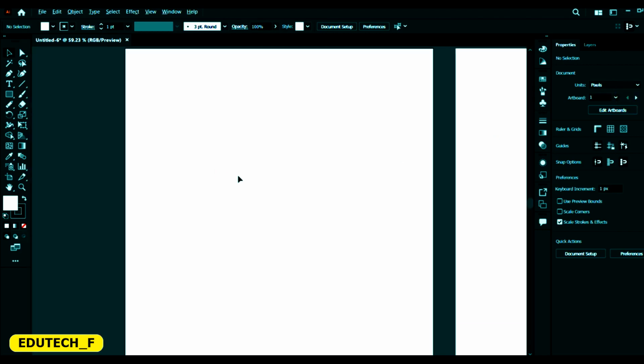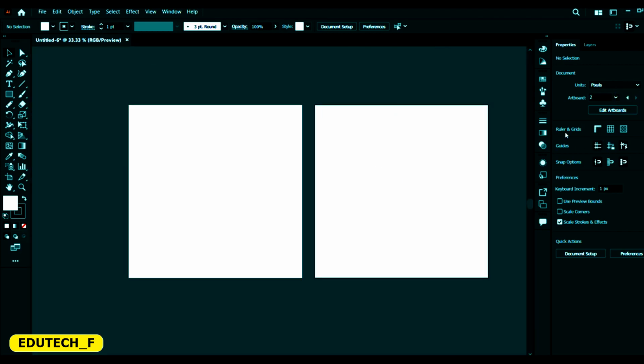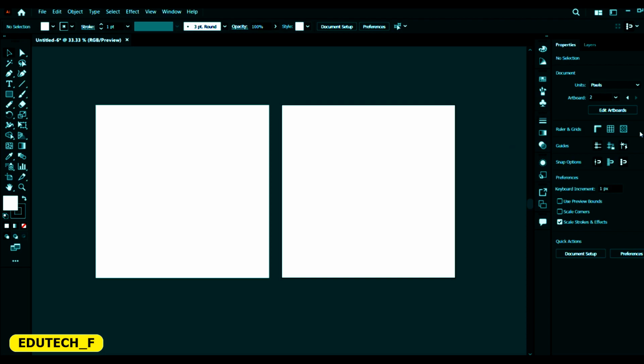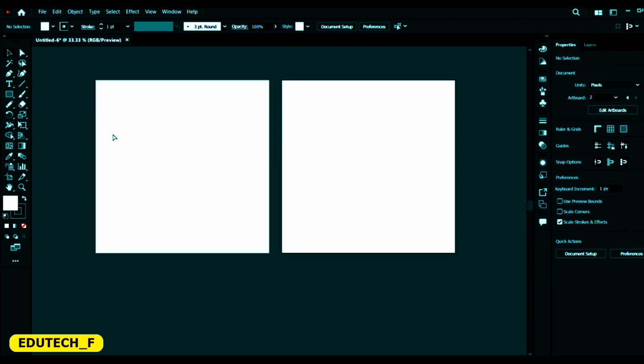Now, of course, we have the rulers and grids, we have the guides, the snap options, and so on and so forth. I'm assuming you, at one time or the other, have come in contact with these options. So going through them again and again will not